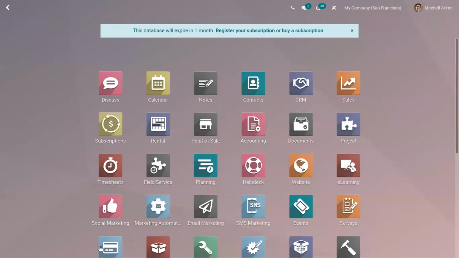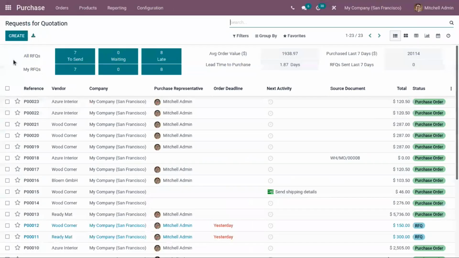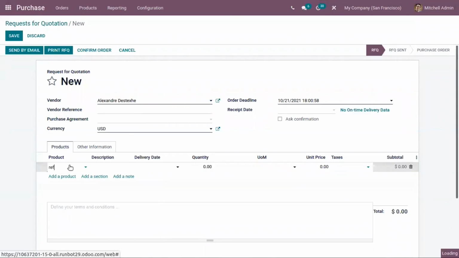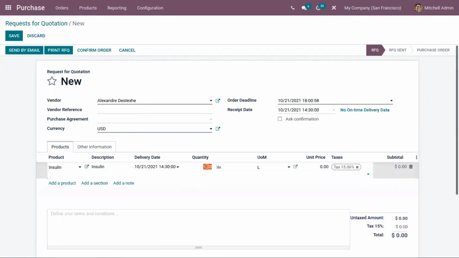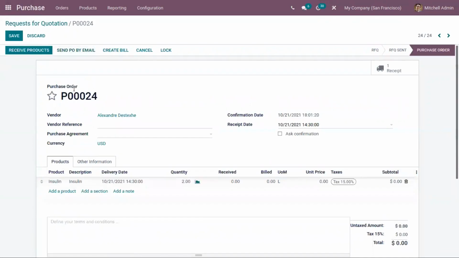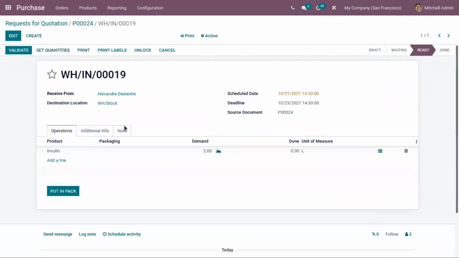Now let us purchase this product. After confirmation, inside the receipt, you can see destination location is stock.